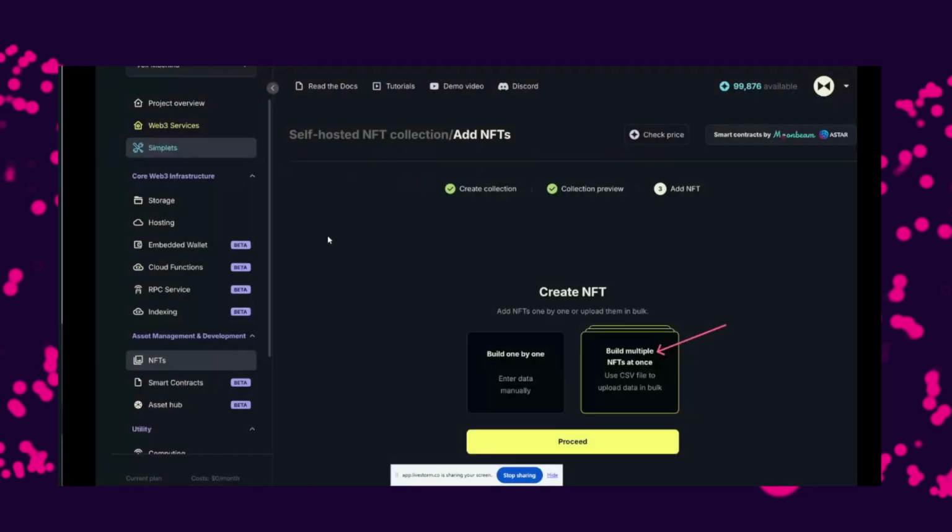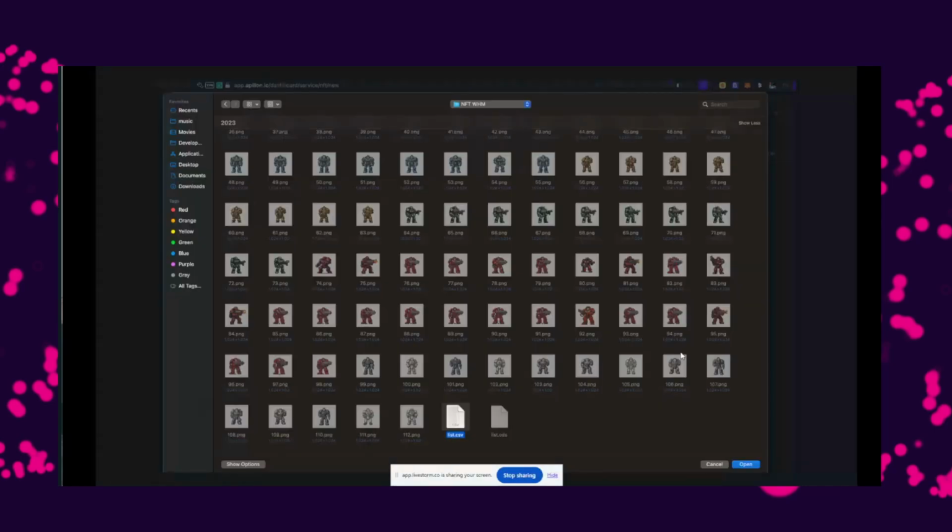All right, so first part of the NFT collection done. We have the smart contract ready. Well, now we have to start adding NFTs, which is essentially a metadata part. So here you can go one by one, or you can go with a CSV file and do it in bulk. So in this case, we will look at how the bulk looks. I have a bunch of Space Marines, Warhammer Space Marines generated in Midjourney. So yeah, essentially, I just had to choose list.csv.